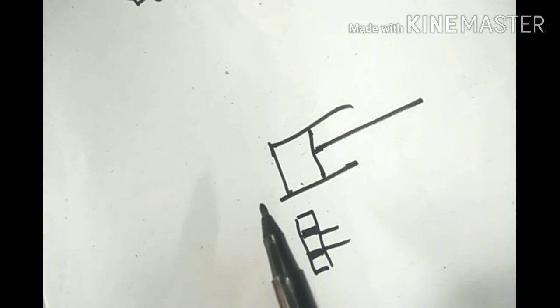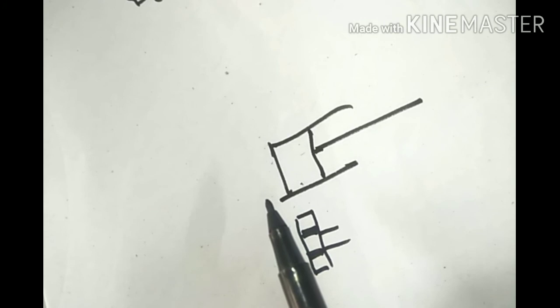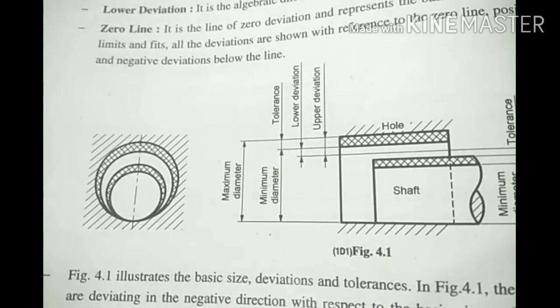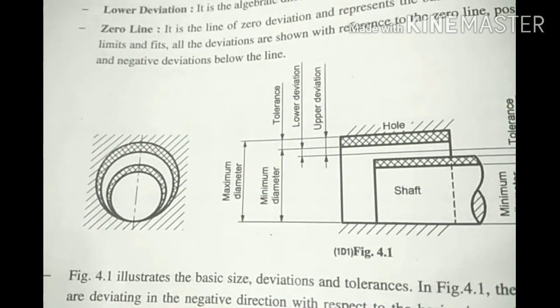So these two important fits are there, clearance fit and interference fit, and the third one is the transition fit. Transition fit is just for fitting purposes, for assembly purposes. So